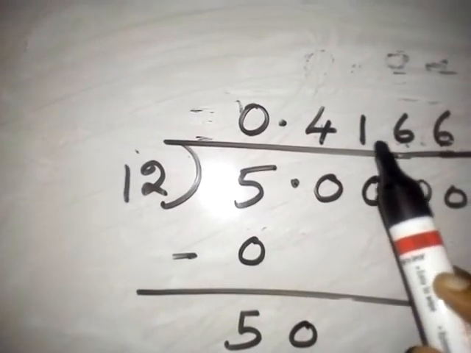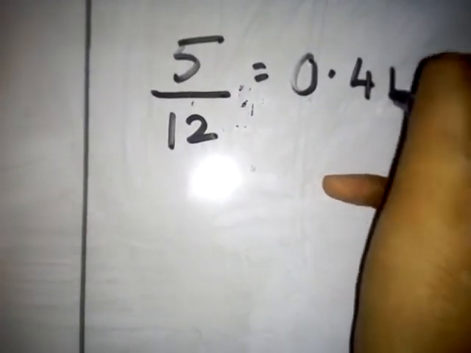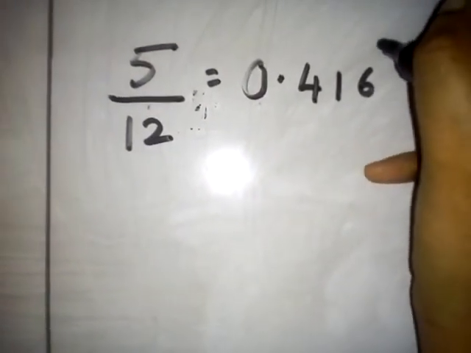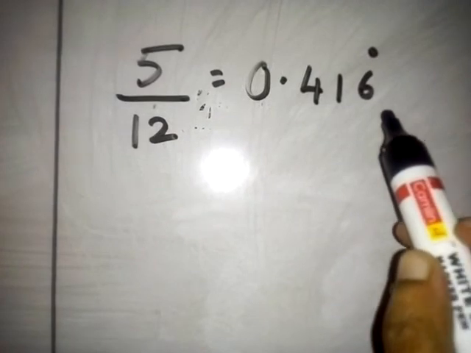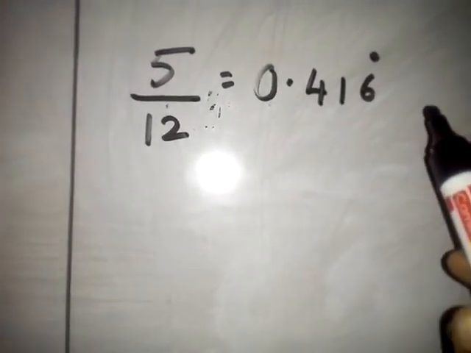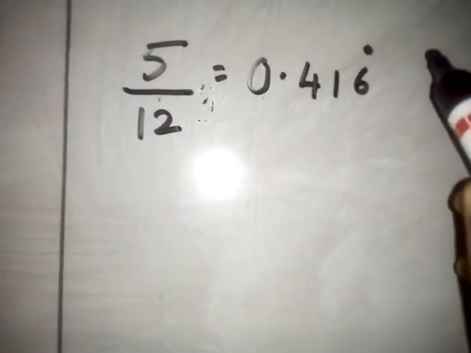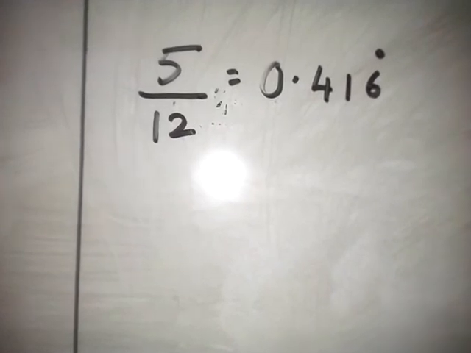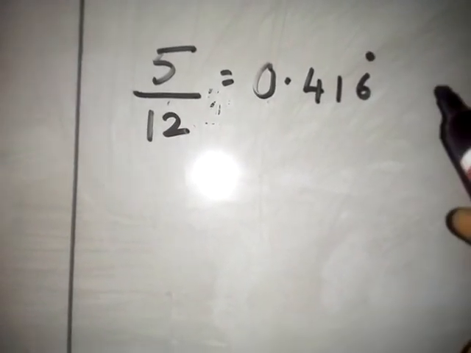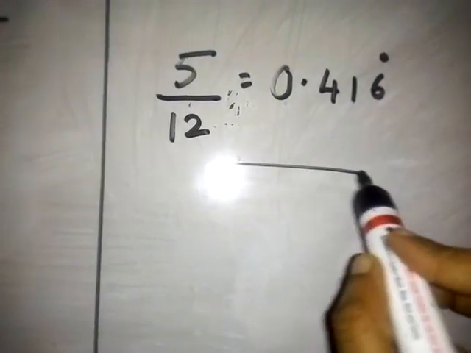After putting the dot, there is no need to write which digit is repeating. So 0.4166 is the quotient I got, so you have to write 0.416 with a dot on the 6. If digit 6 is repeating, on number 6 you have to put a dot, and after that no need to write another 6. Which digits are repeating, how many digits are repeating, you have to see that, and according to that you have to put a line or dot, and no need to write the number again and again after putting the dot or line on top of that number. This is the answer.